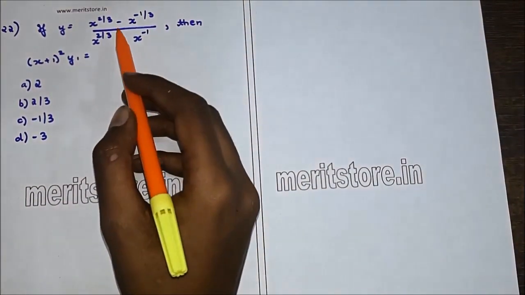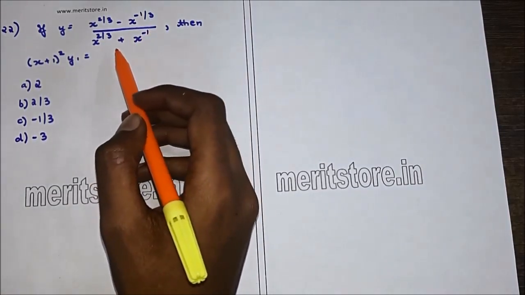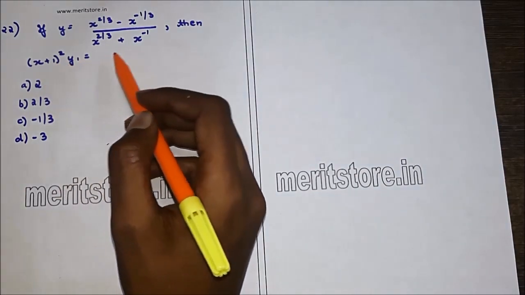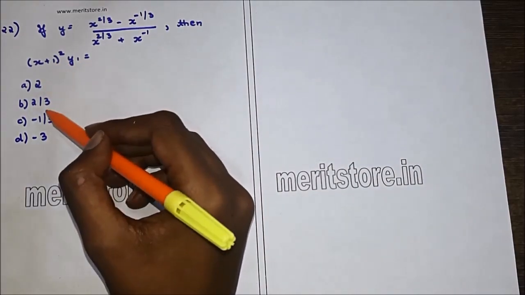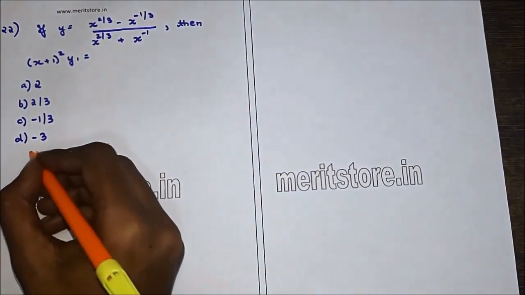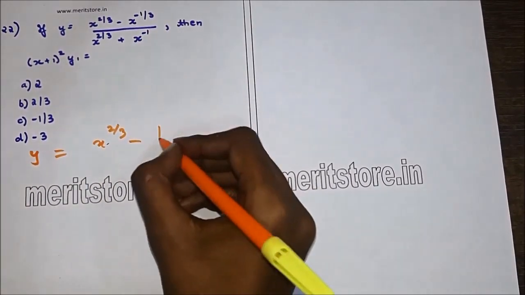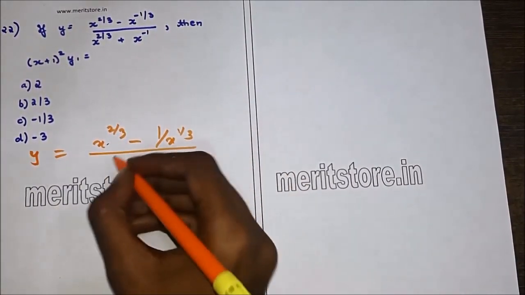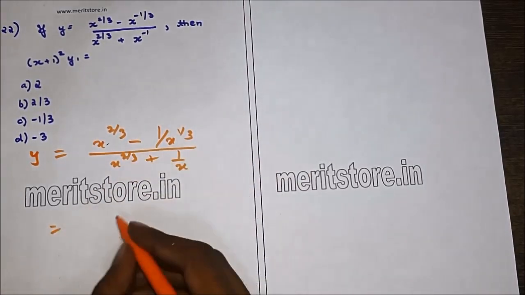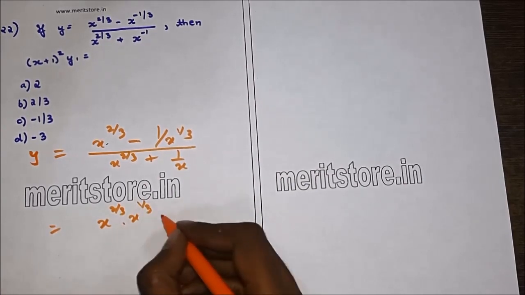If y is x raised to 2 by 3 minus x raised to minus 1 by 3 divided by x raised to 2 by 3 plus x inverse, then the value of x plus 1 the whole square into y1 is, the options are 2, 2 by 3, minus 1 by 3 and minus 3. So first we simplify this value of y. So this is x raised to 2 by 3. We can write this as 1 by x raised to 1 by 3 upon x raised to 2 by 3 plus 1 by x. Cross multiplied we get x raised to 2 by 3 into x raised to 1 by 3 minus 1